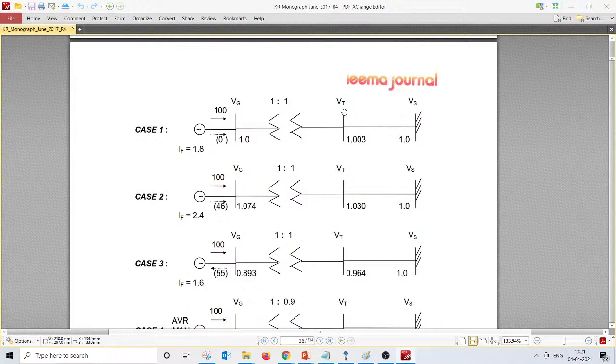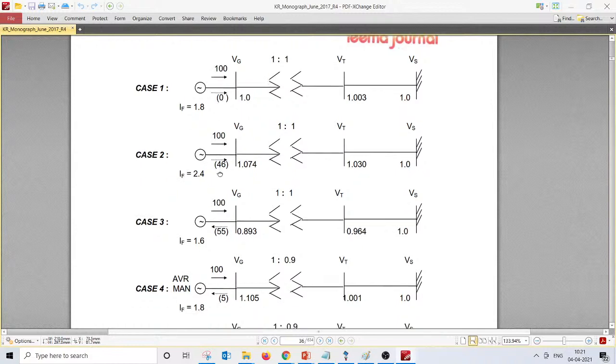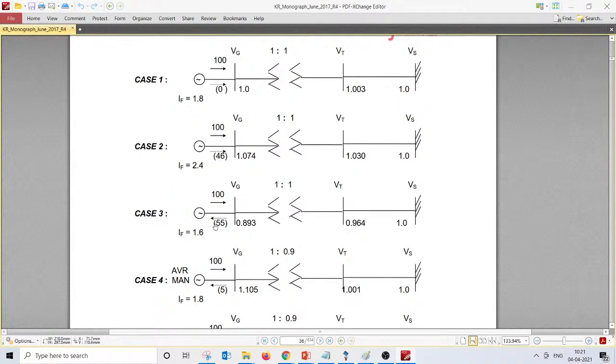Looking at all this, let's see how it varies. He has adjusted the field current, and hence the reactive power injected will change. He has considered 100 megawatt as a typical example, but you can play with the numbers in ETAP. That's always an advantage. You can see this is no reactive power exchange. This is where you are injecting reactive power to the system. This is where you are drawing reactive power from the system.